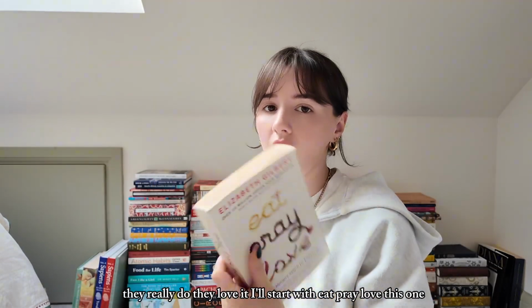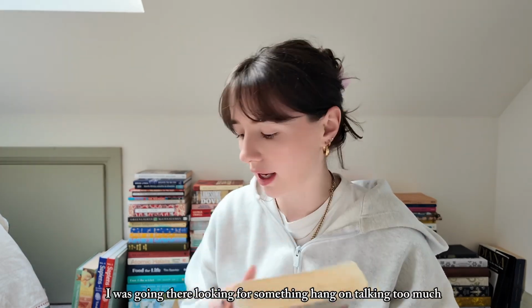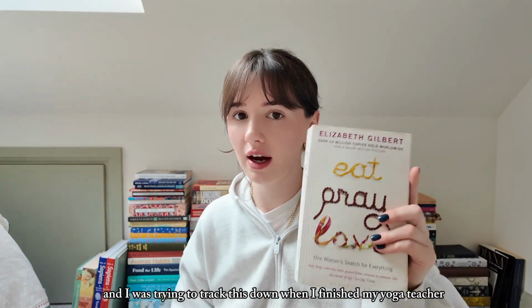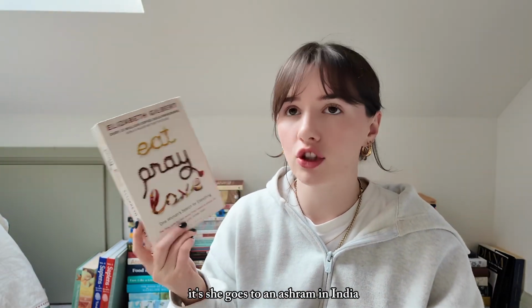I'll start with Eat, Pray, Love. My favourite thing about secondhand books is that I always go in there looking for something. I'm talking too much. I was trying to track this down when I finished my yoga teacher training, because it's set in Bali. She goes to an ashram in India, so obviously it's kind of the same themes. I did my yoga training in Bali, so after I left, I wanted to read